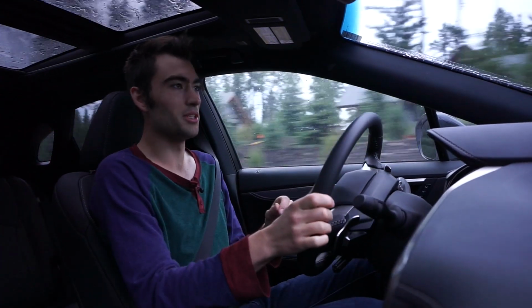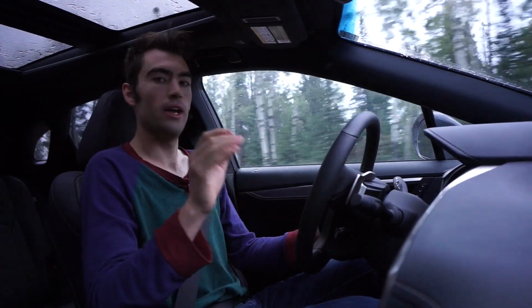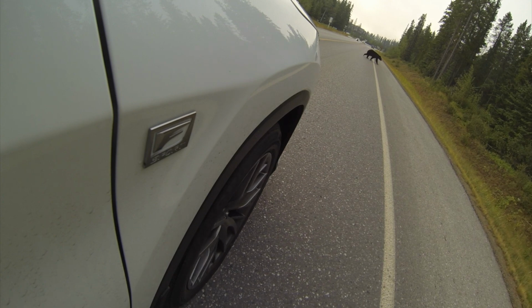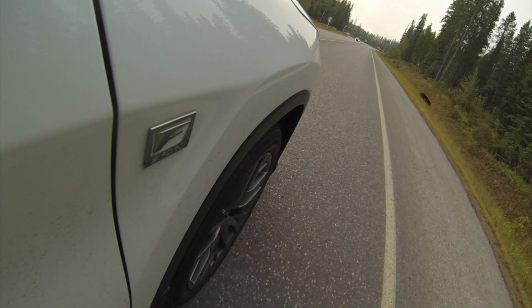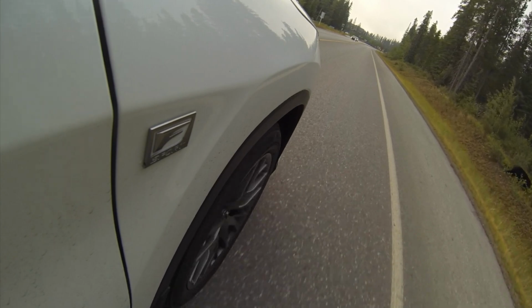Welcome, ladies and gentlemen, to the 2018 Lexus RX 350 F Sport. Now, with any F Sport, there are quite a few substantial differences between it and the regular non-F Sport Lexus. There are quite a few things to talk about here, but we're going to start off with the very basics